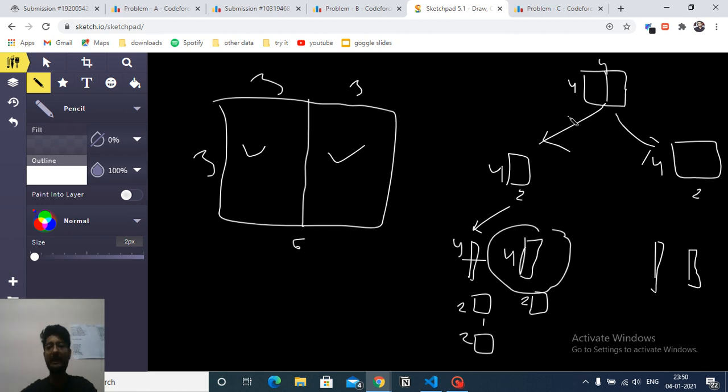At every step you will know how many papers there are. Let's assume you have a 4 cross 4 paper. At the next step you will form 2 papers of size 4 cross 2. So you have taken one even side and divided it in half, so you multiply the total number of papers by 2. Now you have 2 papers, and if you again divide along an even side, 4 papers will form, because 2 from here and 2 from here.